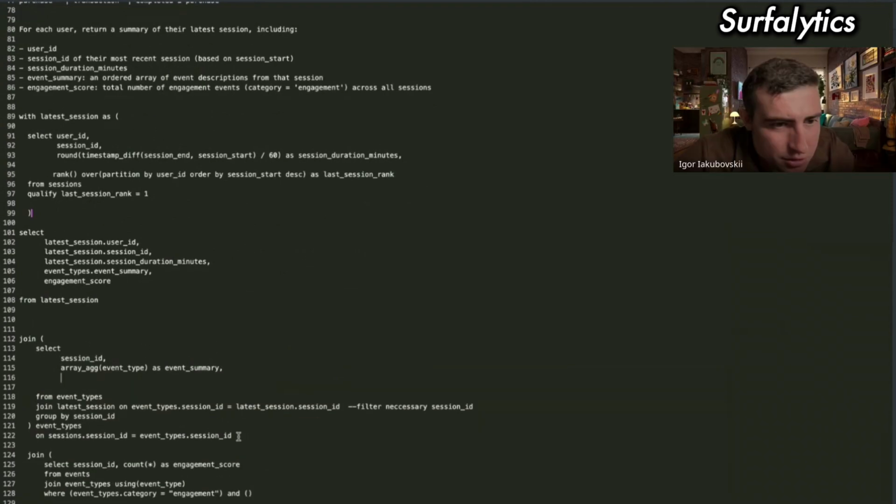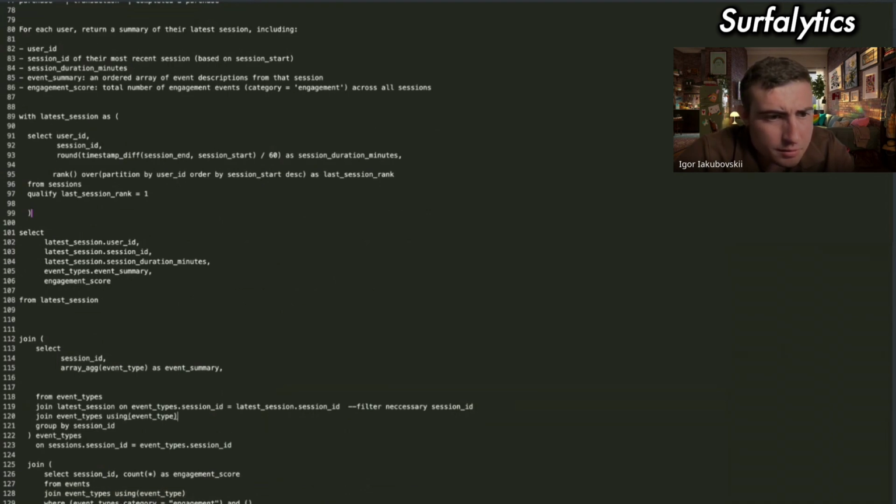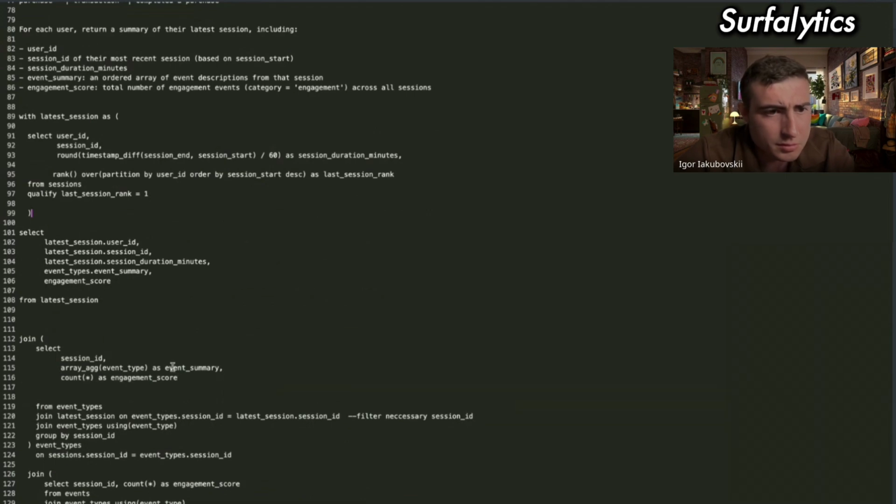And the second join event types. Join event types using event type. Group by session ID and count engagement score. Engagement score from event types.